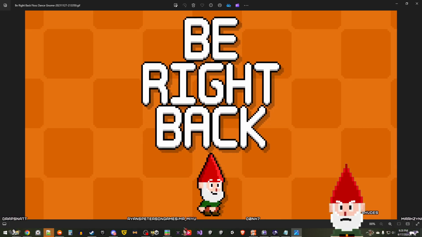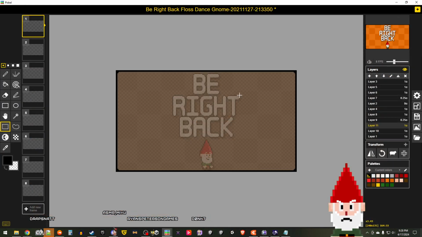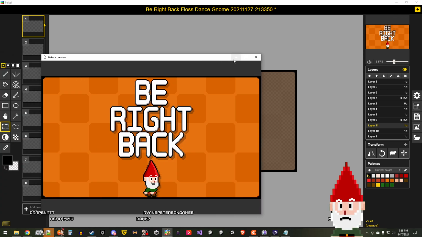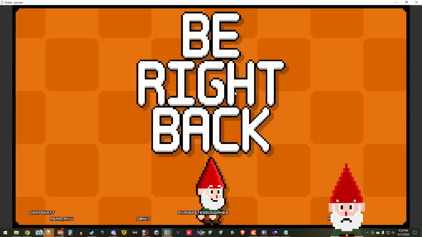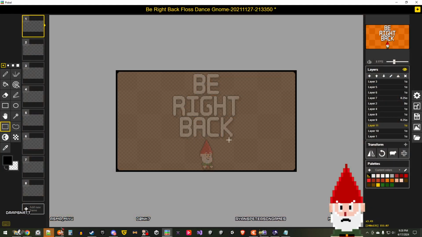I don't know. If I just do a single pixel width. Because then it'll match up exactly with